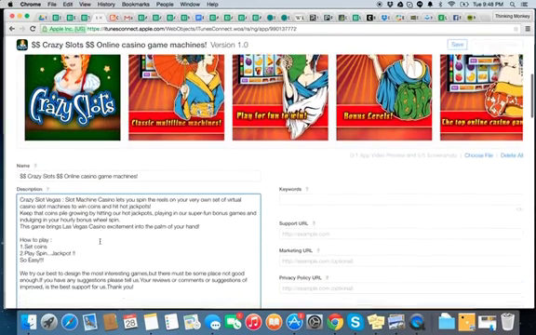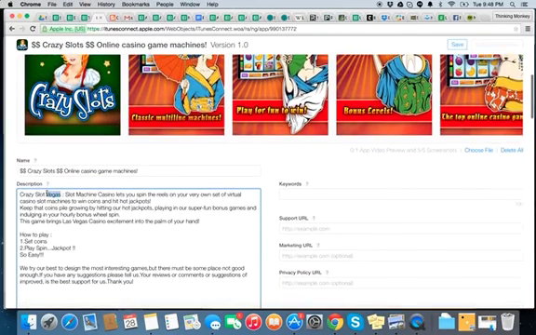Now we don't just leave it there. What we do is we modify it so that it looks like ours. In other words, we just use it as a base, so we don't have to write everything. And then we like to keep descriptions very simple and clear, because people don't really look too much at the description, and if there's too much information, it just goes over their head, right? So crazy slots,